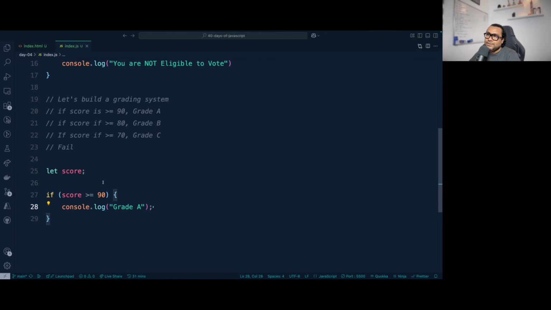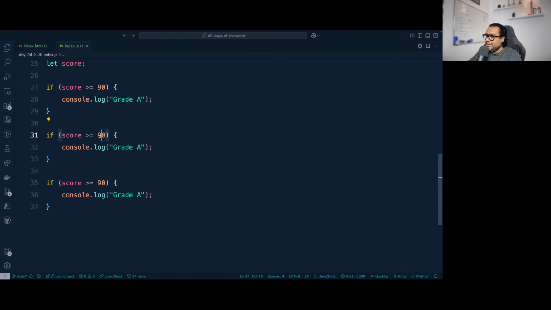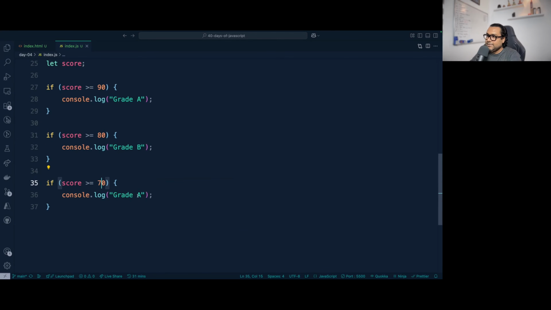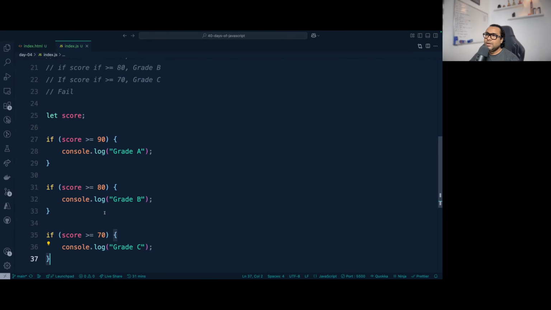Now you might ask why we need else. Without else only I can do it. Because if the score is greater than or equal to 90, grade A, if the score is greater than or equal to 80, grade B, like this. So I can actually copy this one multiple times, 2, 3 times, and let's say I put it at 80 and grade B, I put it as 70, then grade C. This will also work, isn't it? But this won't work. Why? Because you are not able to take care of the fail case without else.